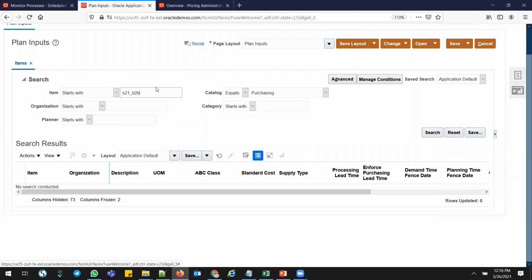That's S21, B2B item 3. Click search. B2B. Search.